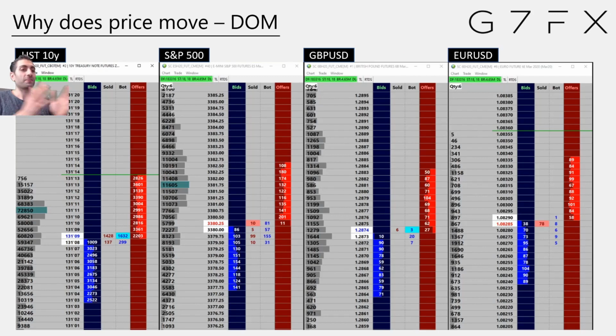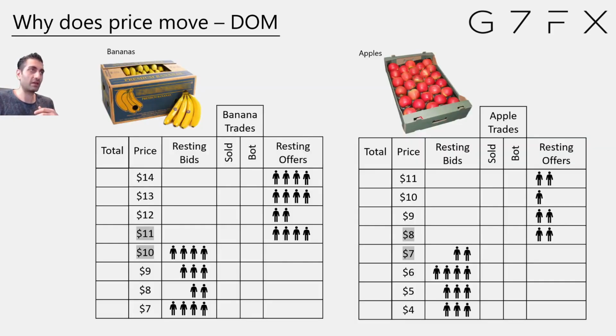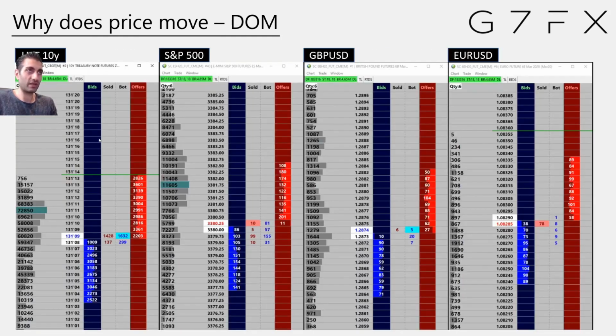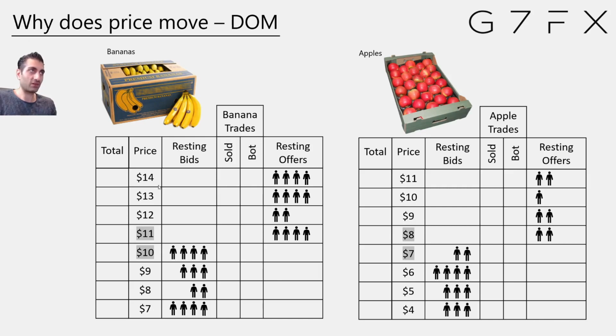So coming back to that previous screen where you saw all of these depth of markets, you'll be thinking, oh my God, these guys are just watching this go up and down. How do they do it? Guys, I did it for a long time, and believe me, it's like driving a car. You just get used to it, and it's no different to people buying and selling different products in a fruit and vegetable market like you see here. So pound dollar, euro dollar, US treasuries, S&P 500, guys, it's no different to bananas, apples, cucumbers, potatoes. Whereas you had four depth of markets here, these guys, although it's not in tabular format,